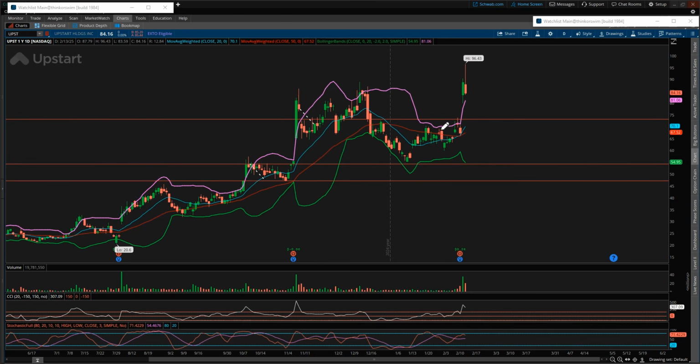And the same can be said with the moving averages. The red is the 50, the turquoise or the blue is the 20-day moving average. I use a weighted moving average. Some people use a smooth moving average. To be honest, there's not that big of a difference. If there is, it's very minimal. But again,